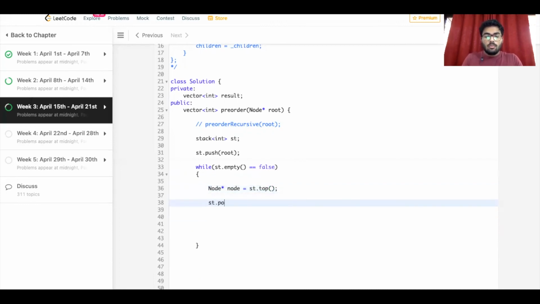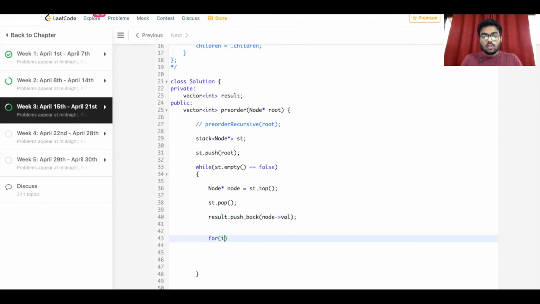Then we do pop for the stack, which is on the top element, and we basically, okay, first we have to, just change this also. So we do result dot push_back node's value. We push it into it, and then we run a loop.